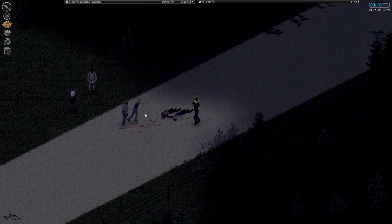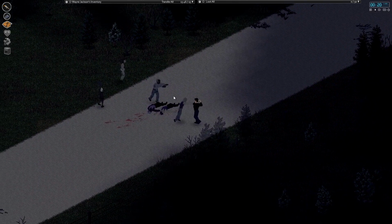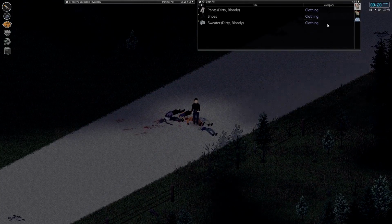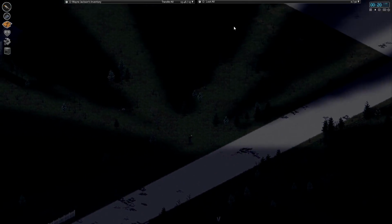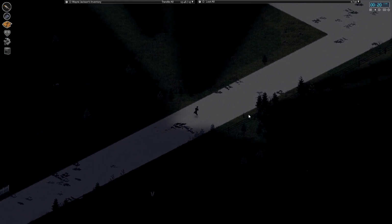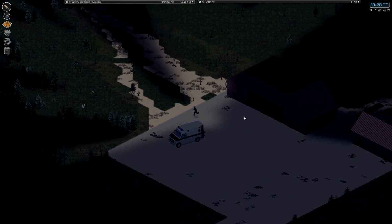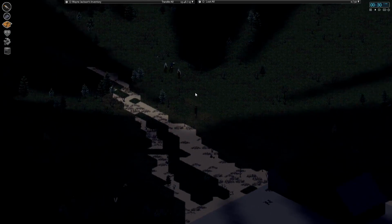But we made some good distance on our first day, considering we left in the evening. We're essentially just a short drive now from the mall. It'll be a very short drive in the morning. Yeah, I think we're about as safe as we're gonna get back here. Let me just check quickly over in this field. There's quite a few trees, so it's hard to see everything. There is a couple, yeah, there's a small group up here, so